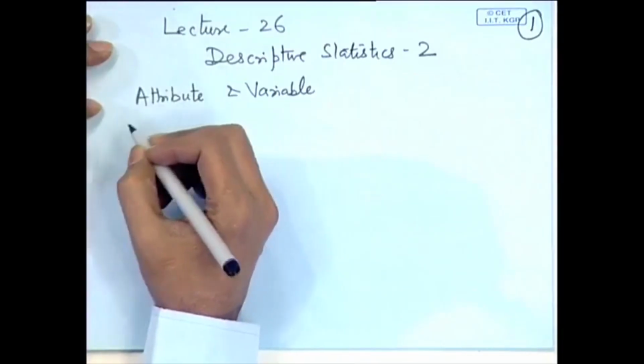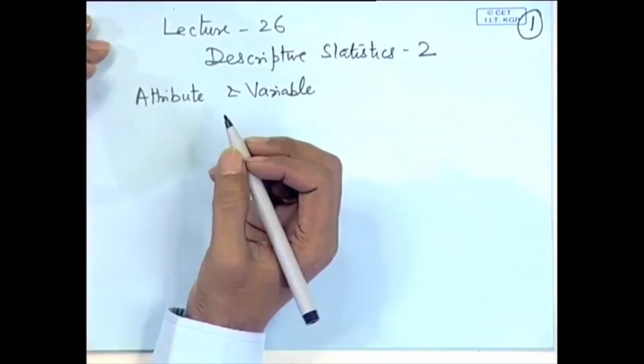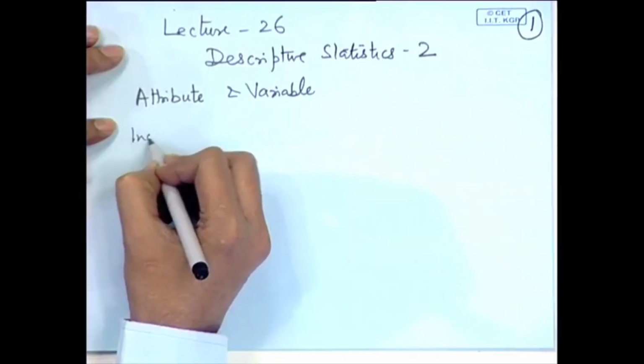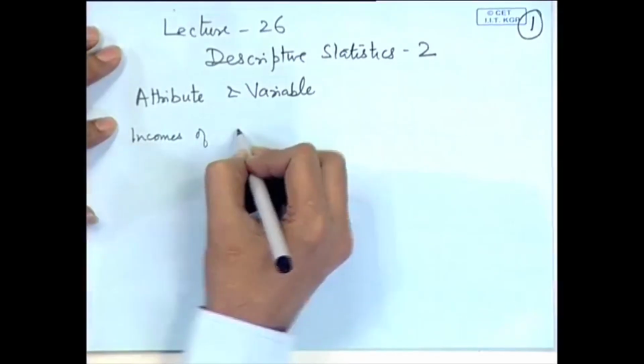So, we will look at how to consider the frequency distribution of the data. The first thing that we observe is in what way the data may arise. The data may arise in one of two possible ways. One way could be that to start with the data is numerical. For example, if we are writing down say incomes of families